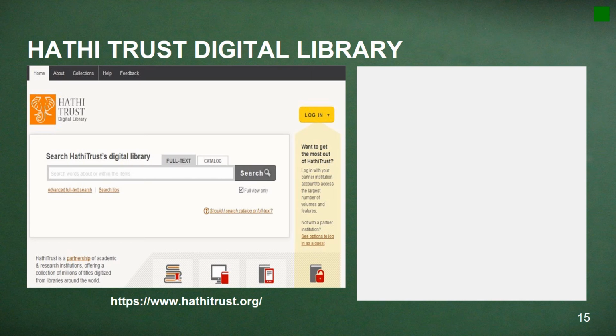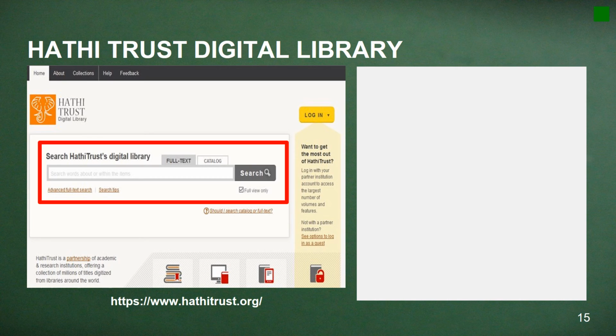So, although there is some content on this site that is limited to partner institutions, there's a lot of material on here that is available to the public. So, you can search for items on the HathiTrust repository by submitting a keyword search. There's also an advanced search option available. But there are some notable digital collections that you can just browse through by going to the Collections tab on